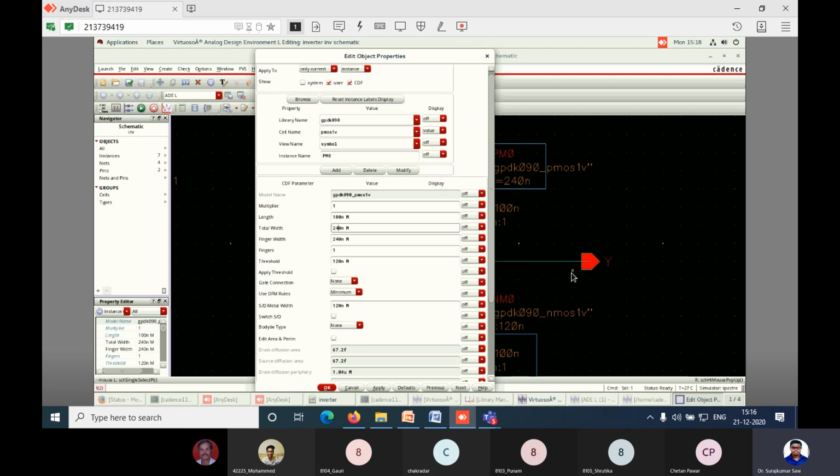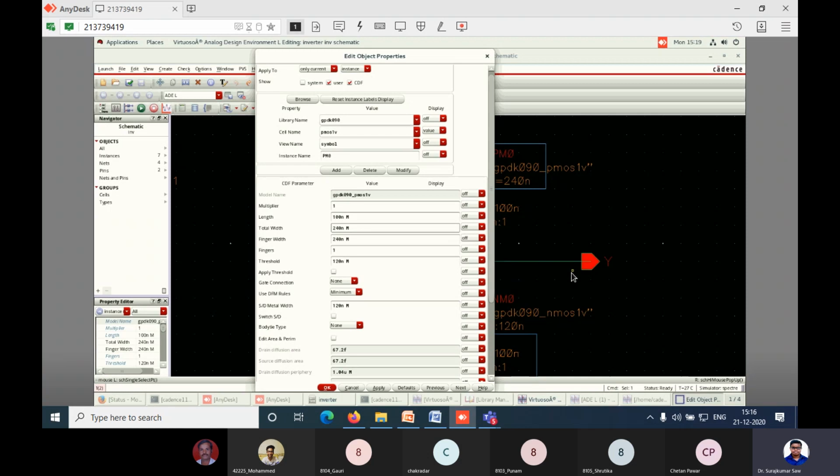All of you go to the schematic, very good. Change the PMOS width, just to check. Go to the properties, very good. Gauri, select the PMOS. Right click, properties. No, no, you have not selected the instance. Gauri, cancel it and select first. Properties, it is showing.